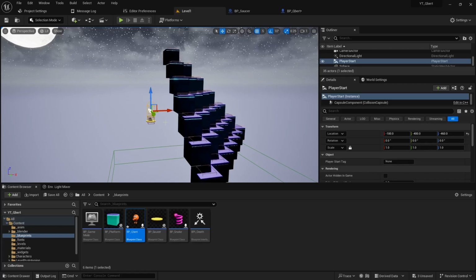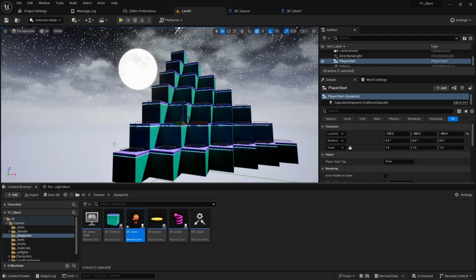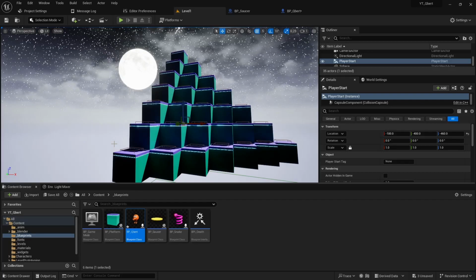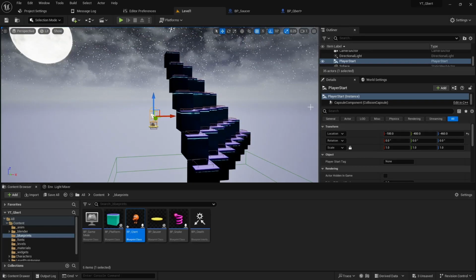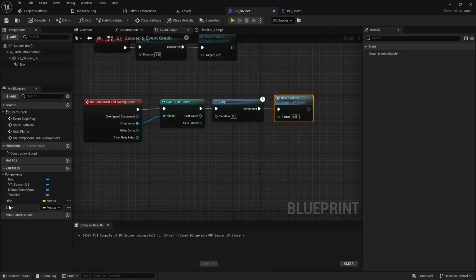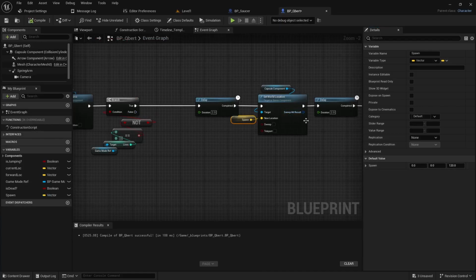Actually instead, I think the way we'll do it is we'll move the slider over, and then we'll spawn Qbert over here when the pad goes, because in a later video we're going to make a particle system for the spawn animation, and you won't be able to see it if he's behind the thing, so we'll actually change that up a bit. So the way we can do that is we can come into the saucer, and under the show location, we can copy that. And then we can come over and paste this. But the Z is going to be a little bit too low. So we want to actually put that to, I think it was negative 460. So now if I compile and save that,